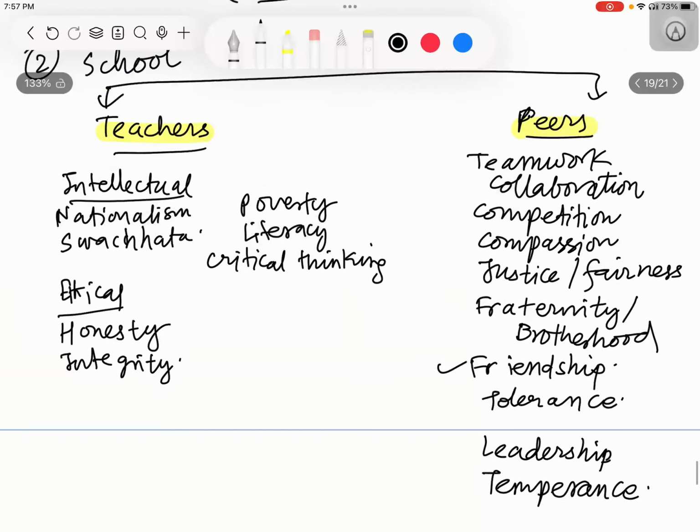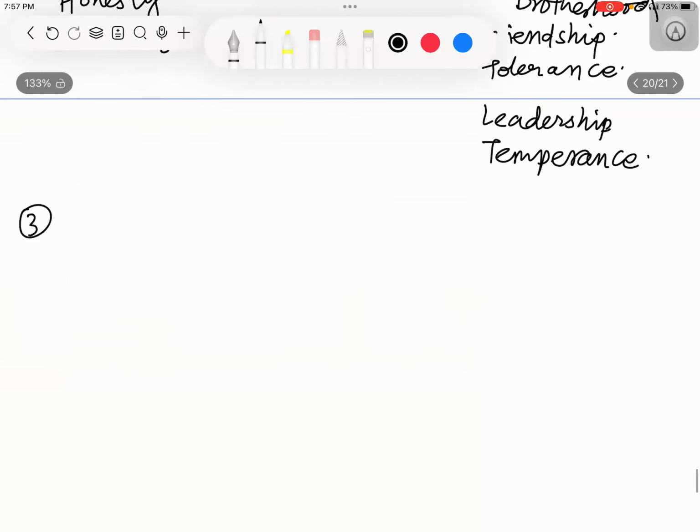So all of these are different values which will be taught by the school. Now at your workplace or colleagues,